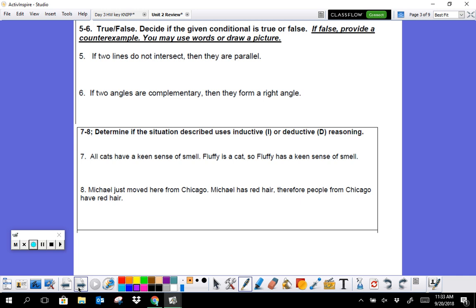Number 5 and 6, these are true or false. Decide if the given conditional is true or false. If it's false, provide a counterexample. You may use words or draw a picture. So number 5